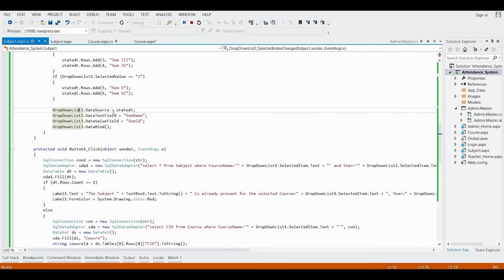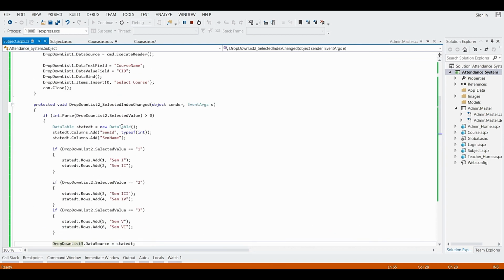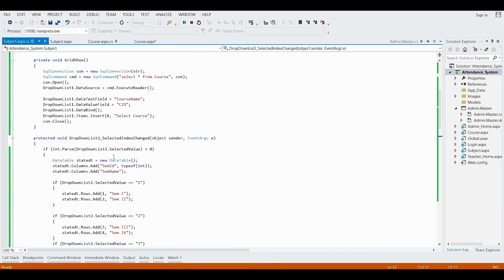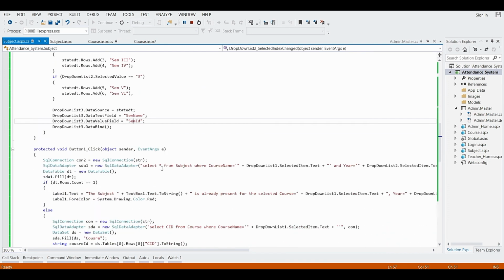So first of all, we have to give the data source, which is coming from the data table state dt, and we have to give the text field for the drop down list 3, that is sem name. Here you can see the column name, sem name, and then data value field is equal to sem id, which is the first column name we have added in the data table, right?